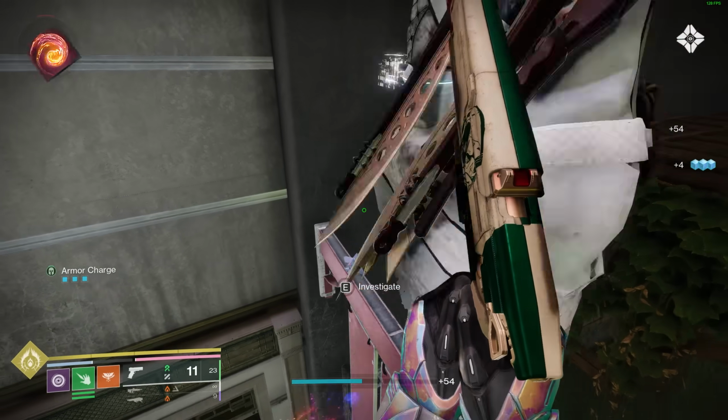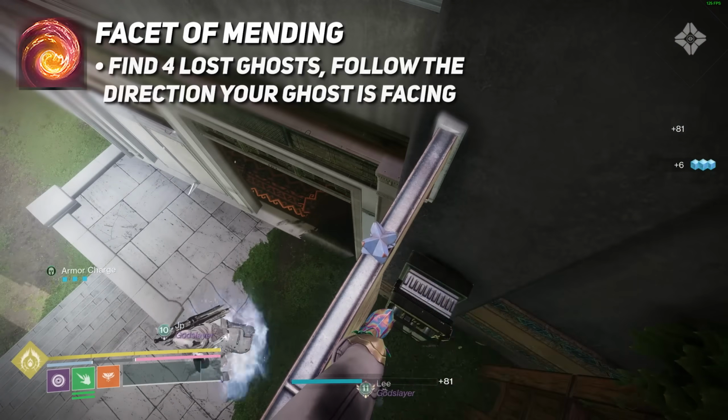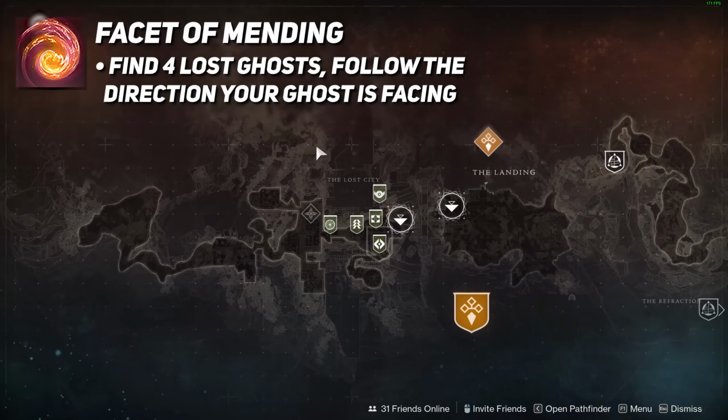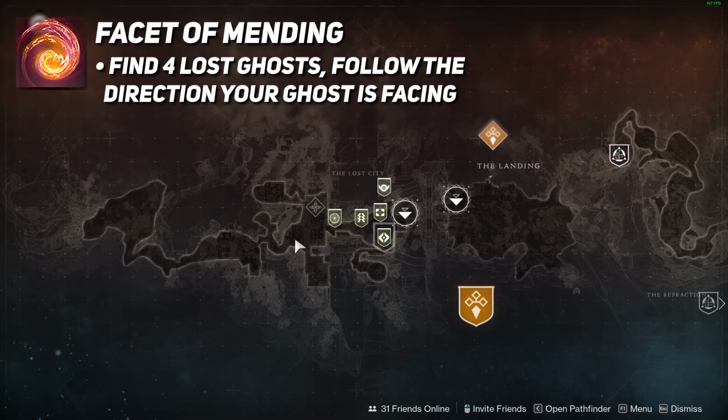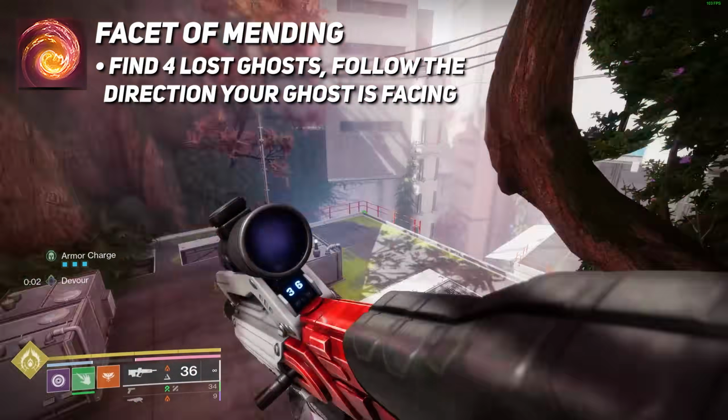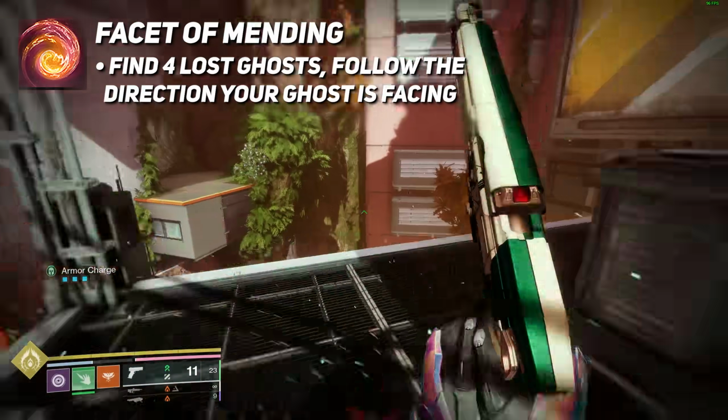Next we have Facet of Mending. To get this, we need to find 4 lost ghosts across a wide area. Now to start, we want to be close to where we got Facet of Grace and where we had to defeat the omens. Essentially, guys, keep heading backwards from there towards the beginning of the campaign, and as you take